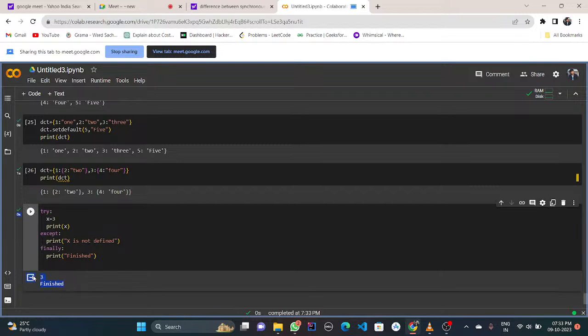See, here I don't have any error, that's why I got a value of 3. But I didn't get x is not defined because I didn't have any error. So if I remove this, then x is not defined will